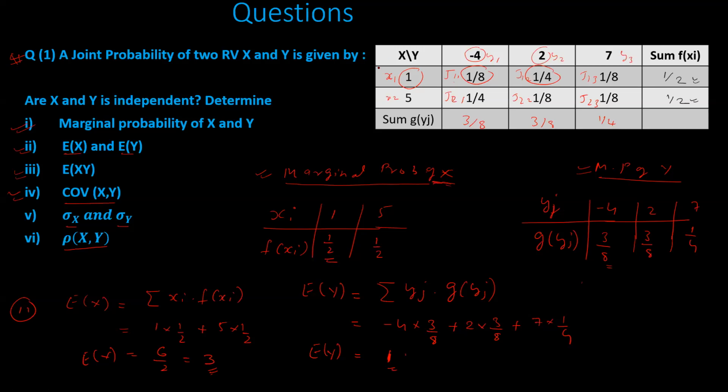And don't forget that joint probability distribution will be given to you. Sometimes they will only give marginal probability, and from marginal probability you have to construct joint probability. Okay, so this part also you can calculate, you can understand it here only. 1 by 2 into 3 by 8 is 3 by 16, like that. So you have to multiply each part and then you can calculate the joint distribution table also. So there is no doubt in this.